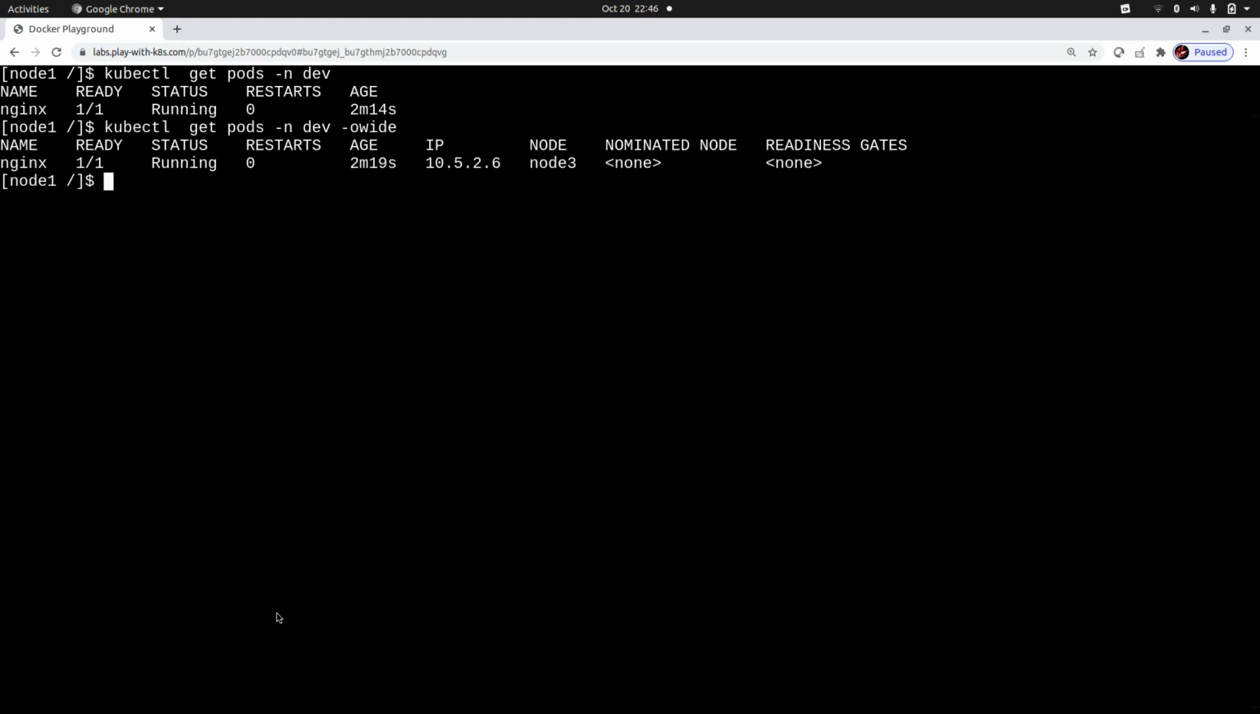Now we have another task here. How do we see that? kubectl get pods -n def. Yes, it's up and running. -o wide. It's up and running. Fine. Now let's do this exercise. kubectl